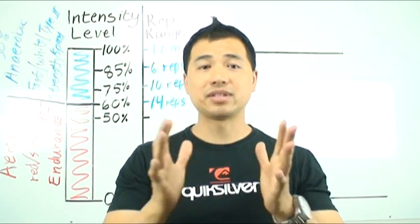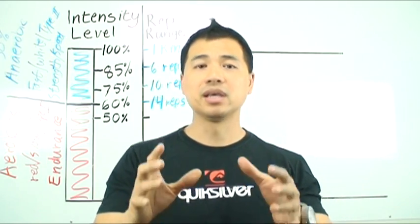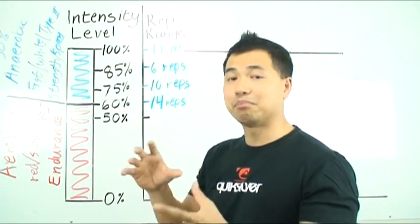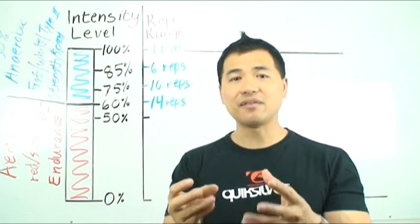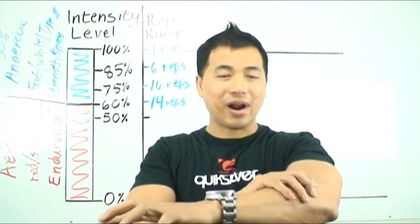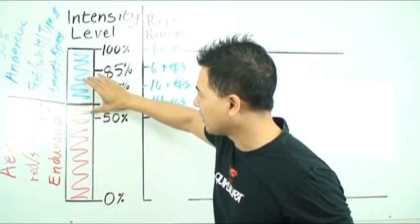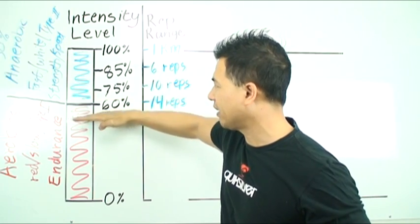Like a lot of girls, when I was at the gym, the biggest thing that they wanted was to lose body fat and have toned muscles. What toned muscles means is that the muscle is hard. It's not soft, it's not squishy. When somebody grabs and touches it, they can feel that it's solid, right? And so that's the reason why I recommend that you train around in this range right here,